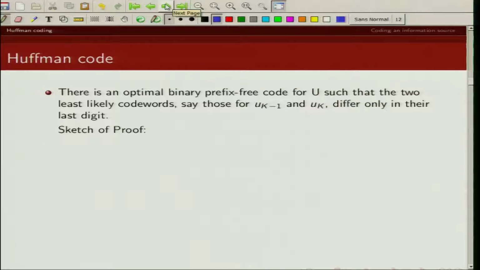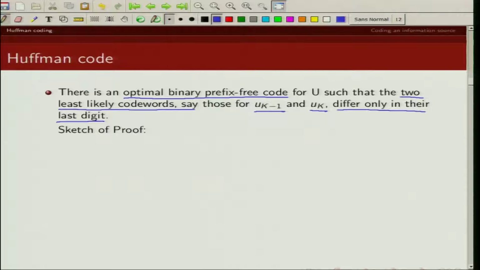The next result which I am going to show is, if there is an optimal binary prefix free code, then the two least likely code words, let's call them U_{K-1} and U_K, should differ only in their last digit.